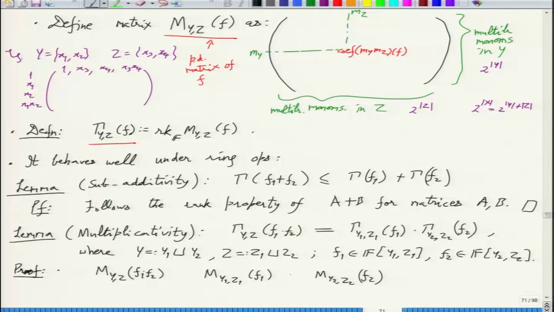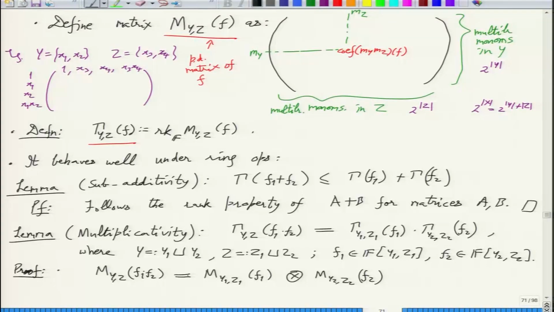So there is this construction in matrices called tensor product. So that will perfectly match this index set. If you take the matrix product, you will get, at least in terms of the row count, this matches. The number of rows in M_Y1 and the number of rows in M_Y2, their product is the number of rows in M_Y. And column count also matches. So we can potentially ask the question whether these two things are equal.